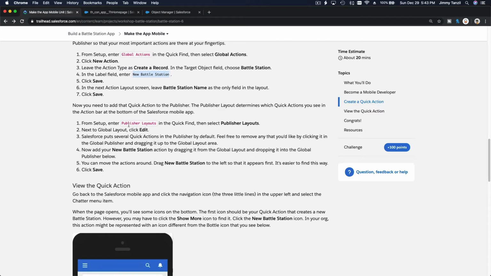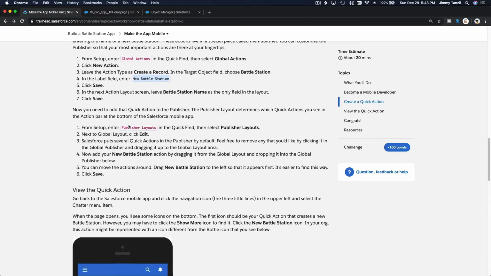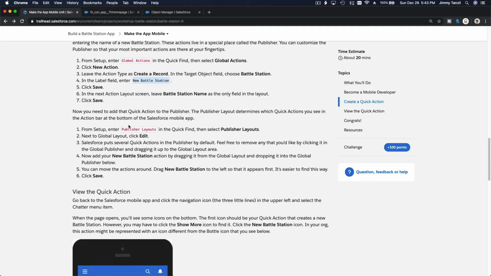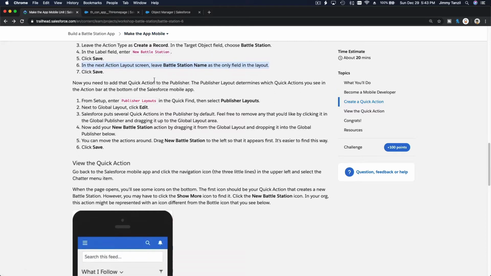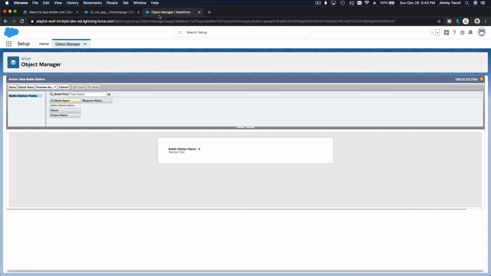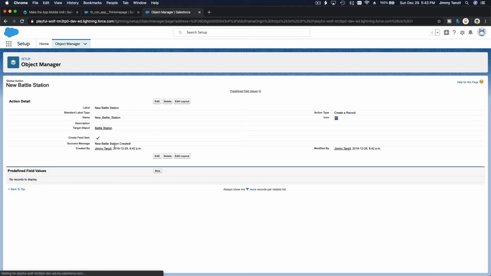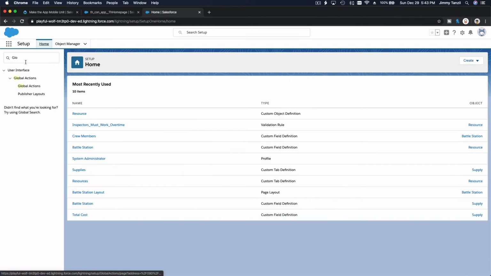So the layouts, okay, but what fields do they want? New battle station name or just that? Okay, so just leave that, and then we want to add a quick action on the publisher layouts. So let's just leave this one field there, and then go back home here from the setup,